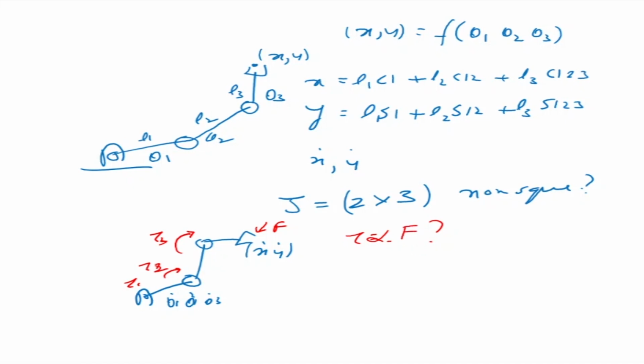Because we know that in the physical world, if the velocities are related, then the forces also have to be related in terms of energy. So let's look at the other function of the Jacobian, which is called static force, or transmission of static force in manipulators. So let us look at the static force in manipulators.